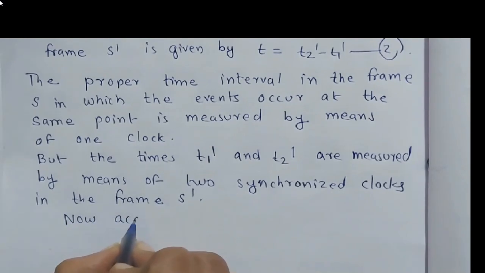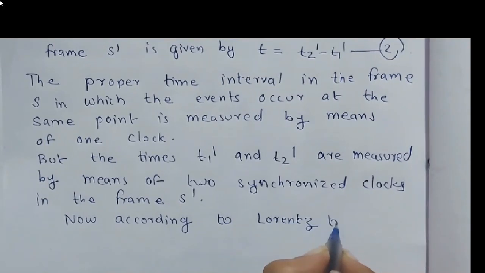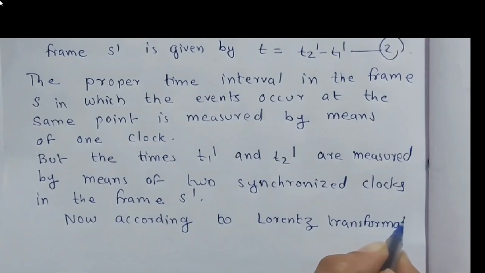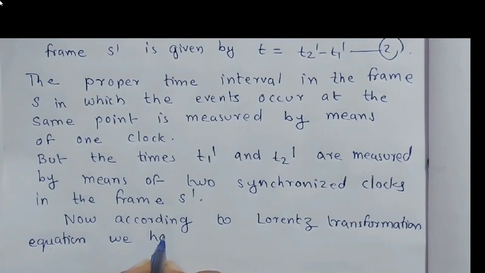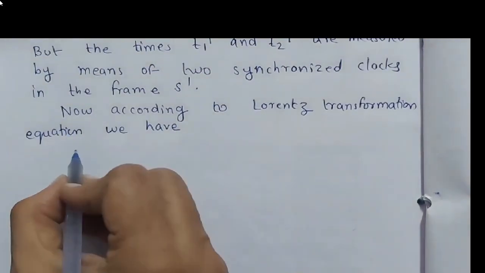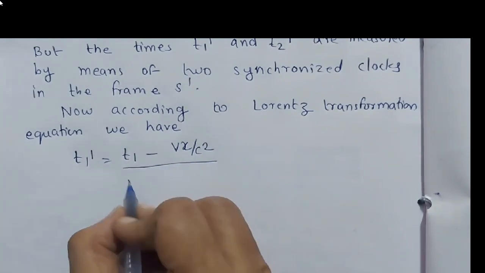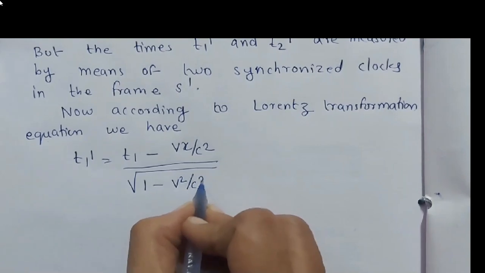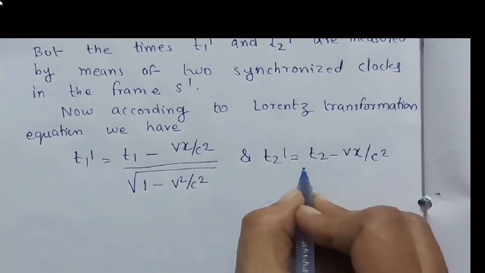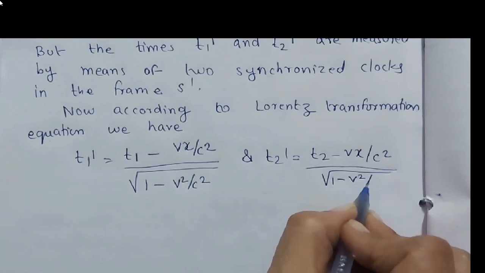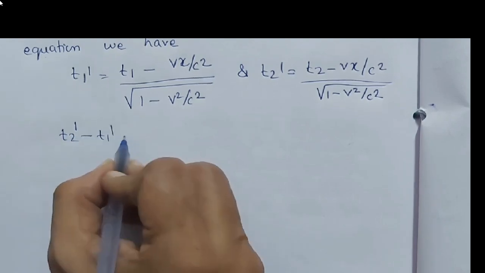Now, according to Lorentz transformation equation, we have t1 dash is equal to t1 minus vx upon c square upon under root 1 minus v square upon c square, and t2 dash is equal to t2 minus vx upon c square upon under root 1 minus v square upon c square. Now t2 dash minus t1 dash is equal to